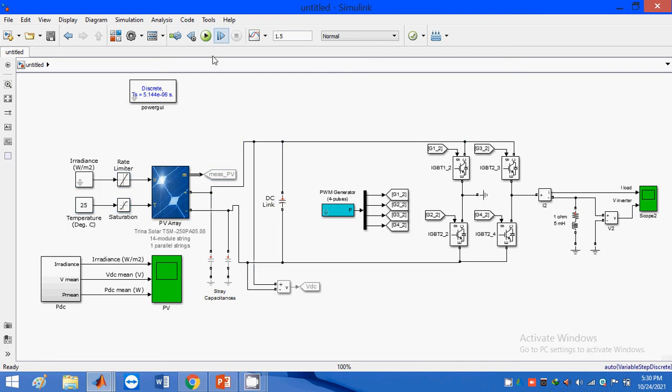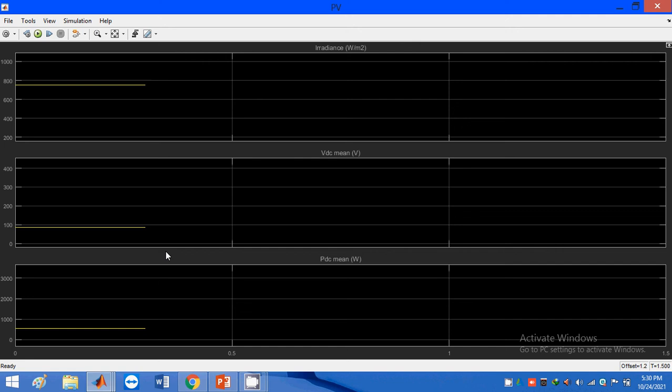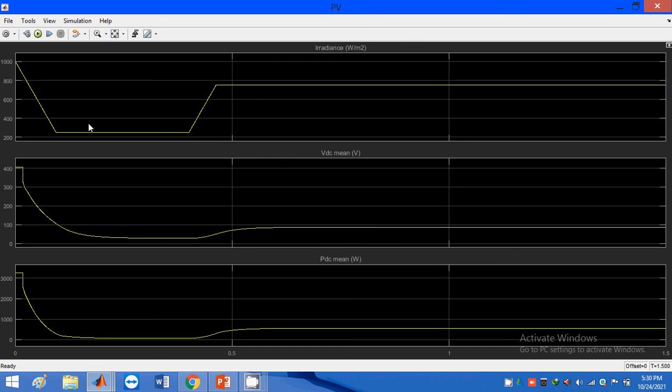After running this model, the results will look like this. As I told you, from the time interval of 0 to 0.4 we have 250 Watts per meter square radiation, and at 0.5 I have 750 Watts per meter square. This is the radiation. Due to the rate of change of radiation, the power output from the solar panel will be like this.